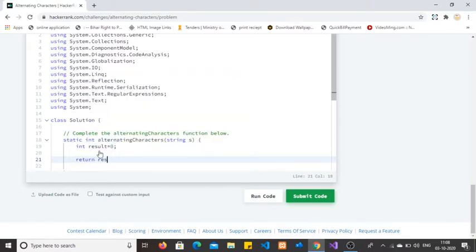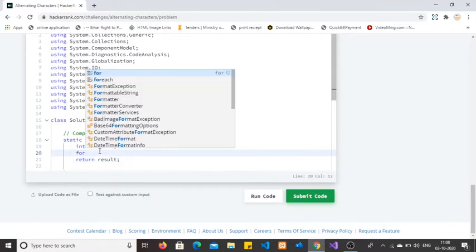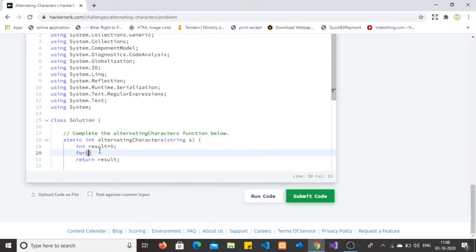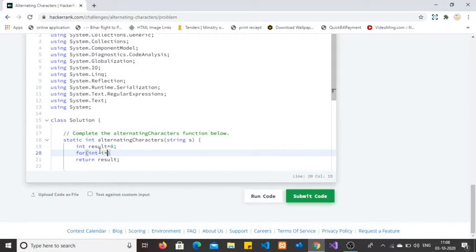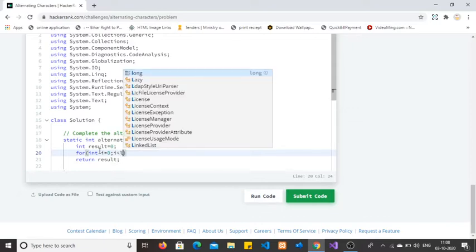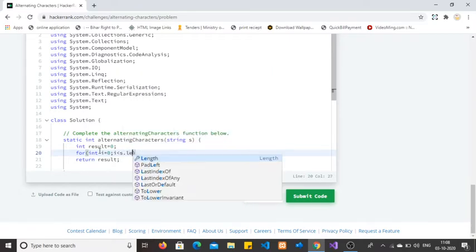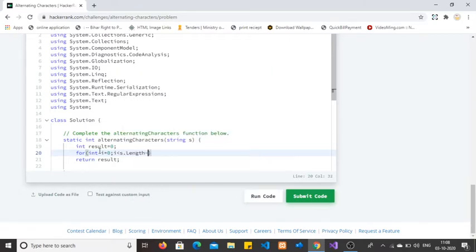Let's use a for loop. Inside this I am creating an integer variable int i equal to 0, and I will continue till s.length - 1, and i++.